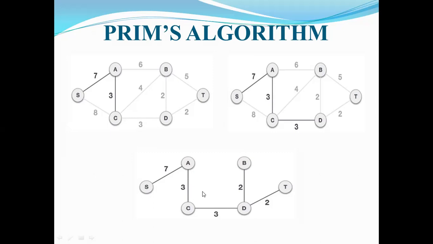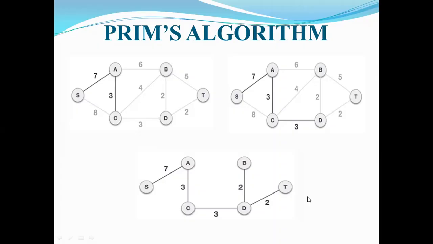What I told you in the definition of a spanning tree: the spanning tree contains all the vertices of a given graph, but the number of edges must be one less than the number of vertices. Number of vertices are 6. Now included edges are 5. Now this is satisfying the spanning tree property. If you include any edge to this particular spanning tree, that edge makes a cycle. We should not have a cycle. We should not have more than the number of vertices minus 1 edges. Now whatever spanning tree we got is called the minimum cost spanning tree.